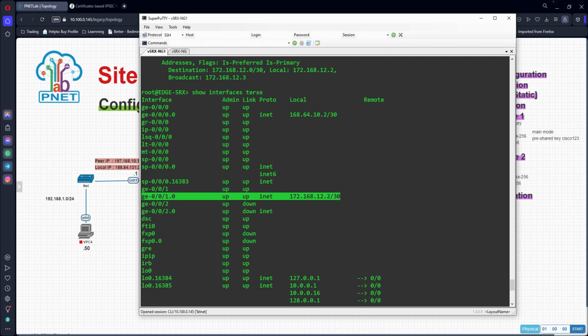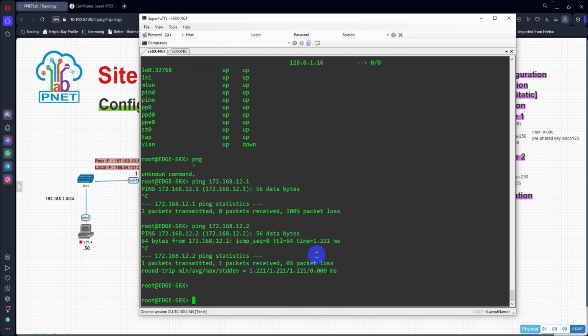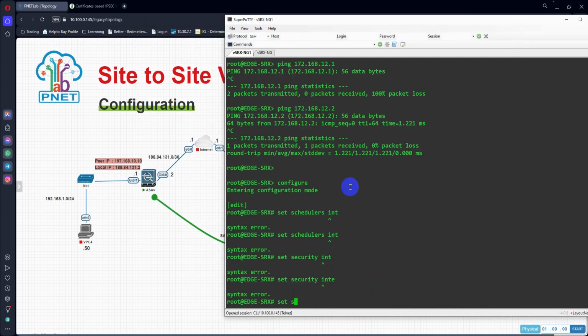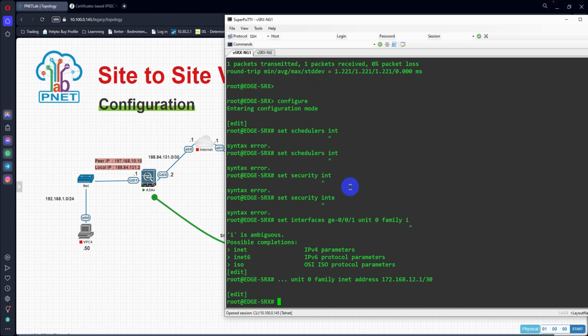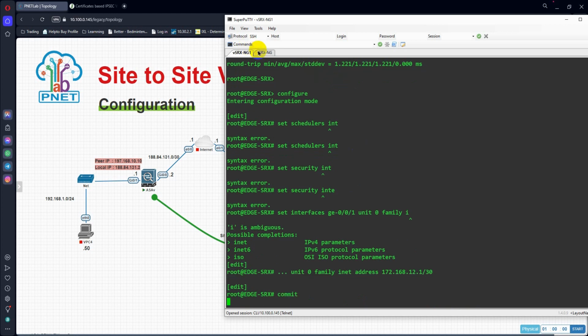So let's fix this. Configure, set interface GE0/1 unit 0 family inet, and then the address I'm going to give is 172.168.12.1/30. Commit, and over here,